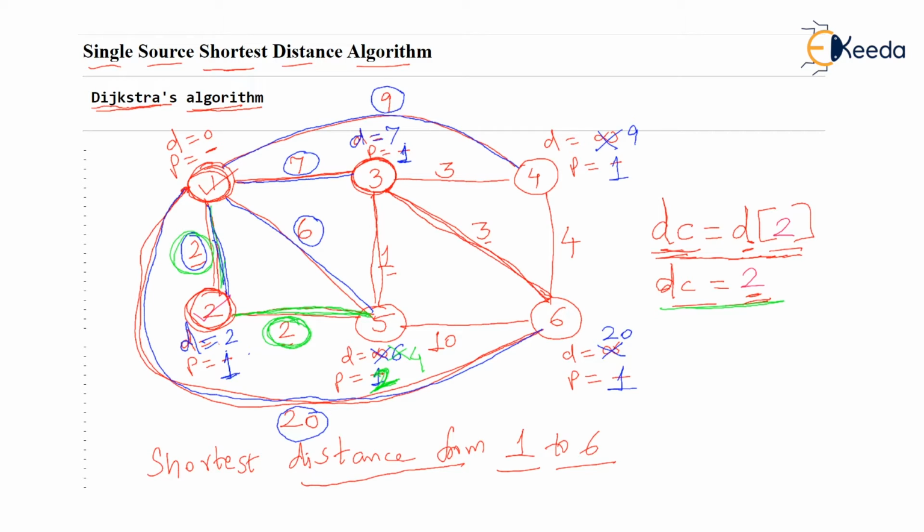So if you are processing fifth vertex, you should update DC, isn't it? What should be DC now? Yes, DC should be equal to D of 5 because you are processing fifth vertex. Correct? DC should be equal to D5, and D5 is nothing but 4. I hope you are listening and you are understanding. It's a very simple algorithm. What we will do is, as we are processing fifth vertex, DC is going to be initialized to D5, and D5 is nothing but 4.